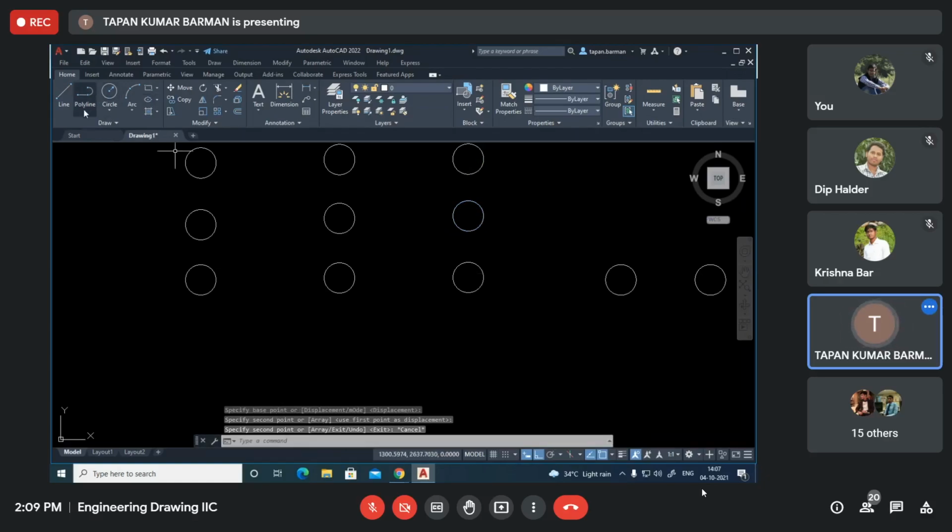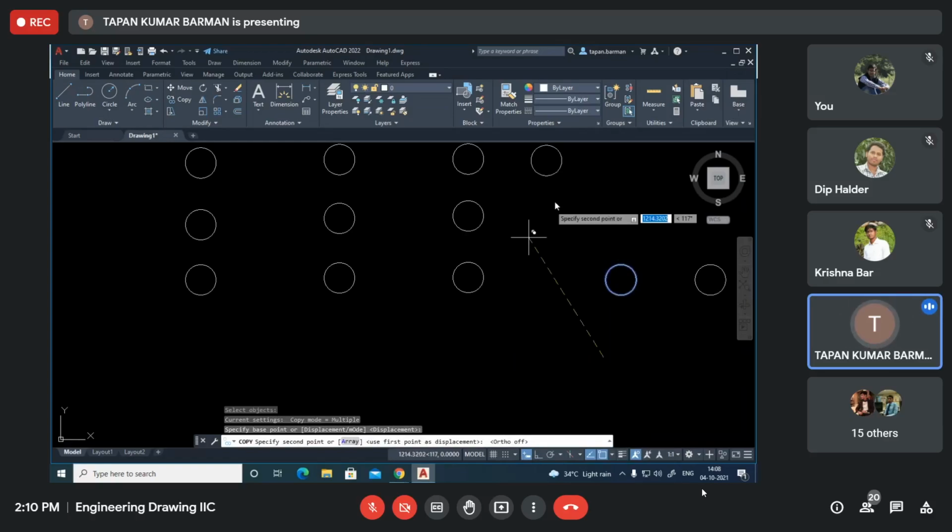Now here you see why we are selecting a base point. Take again this Copy command, select object. Specify base point. Suppose I am taking a base point here, not the center point at this point. Now I want to place it. I am making ortho up.